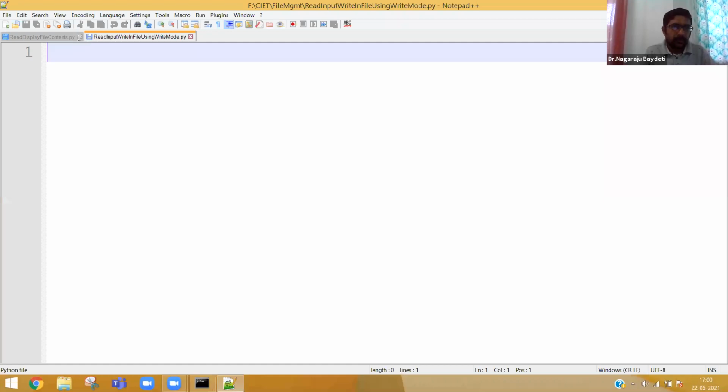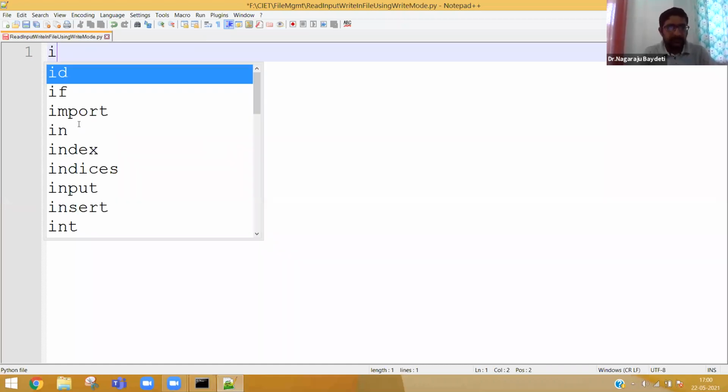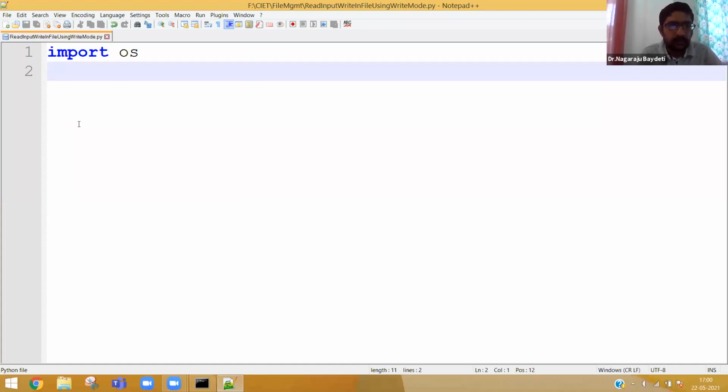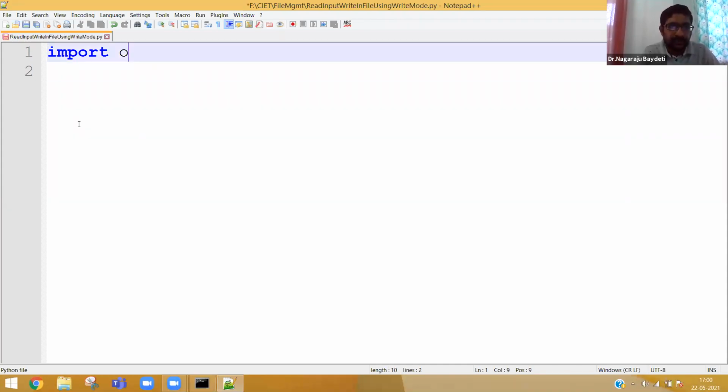Okay, so obviously you need to use the, okay, here searching a file is not required. There is no need to search a file, because opening a file in write mode, even if the file is not available, is going to create it.